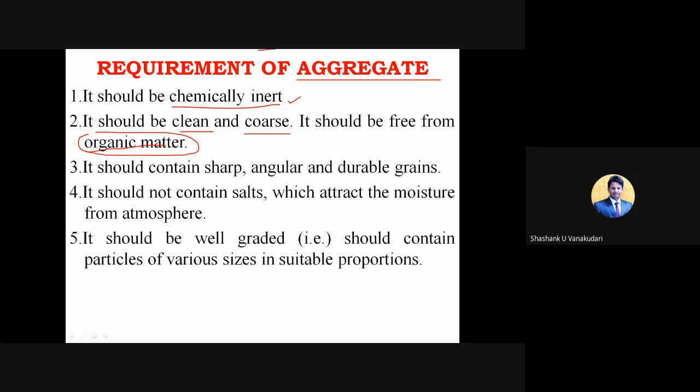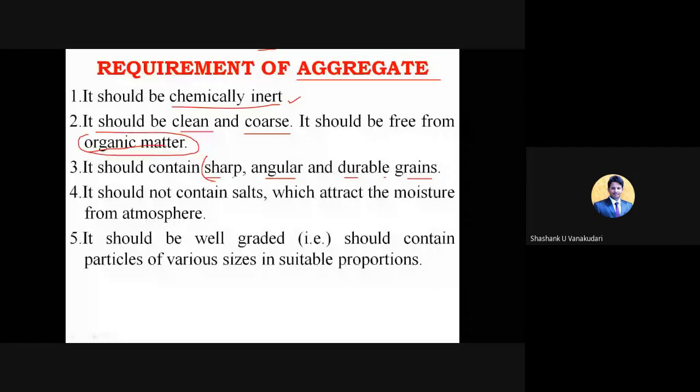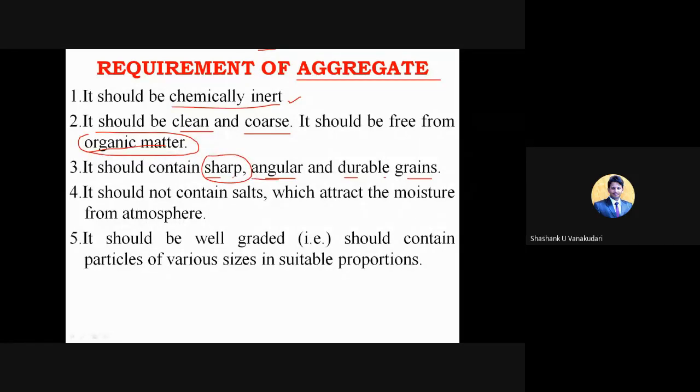But always we need to choose hard rock raw materials, and it should be coarse, meaning large in size, and it should contain sharp, angular, and durable grains. With respect to shape, the aggregate should have sharp edges, which helps in better interlocking properties. And angular, so that it resists and gives strength to the aggregate and gives a clear platform to the other ingredients. And durable grains in the sense they should be ready enough to take the certain loads governed by the top structures.